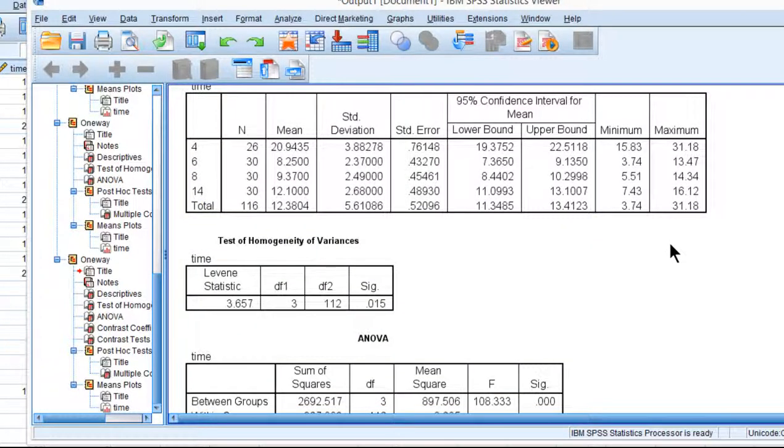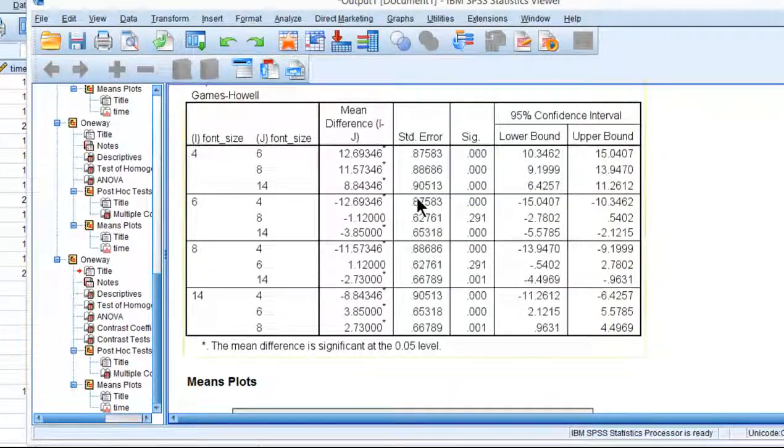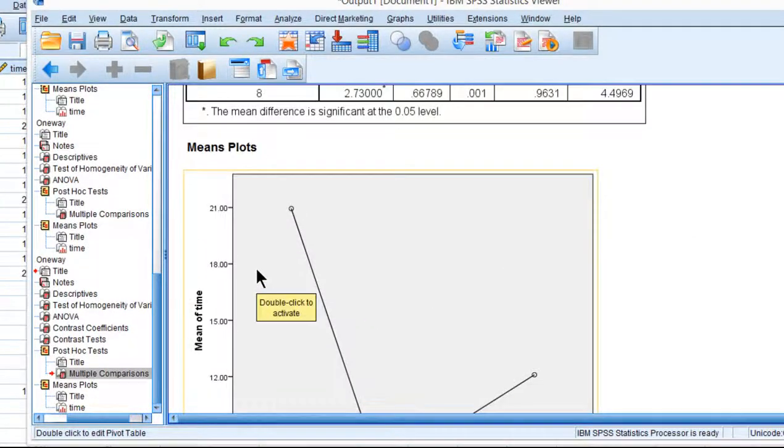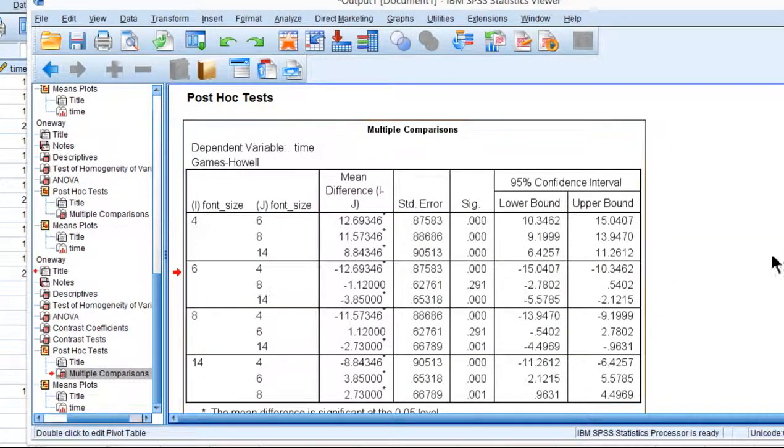And I probably wouldn't opt with that option here. I probably do want to know, is 6 statistically significantly better than 8? And in this case, I can't say it is. But I can say that 6 is better than 14 and 6 is better than 4. And 8 is also better than 4 and 8 is better than 14. So these results overall are telling us that a font size of 6 or 8 might be the optimal point